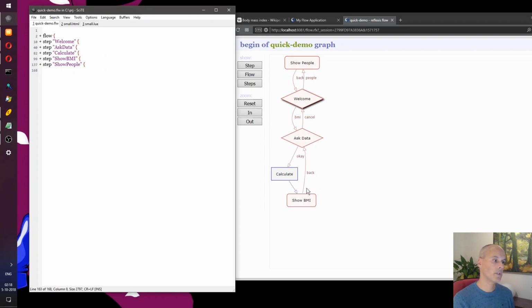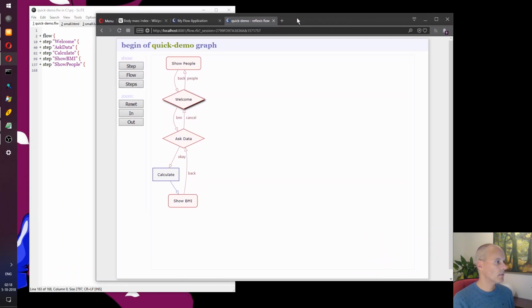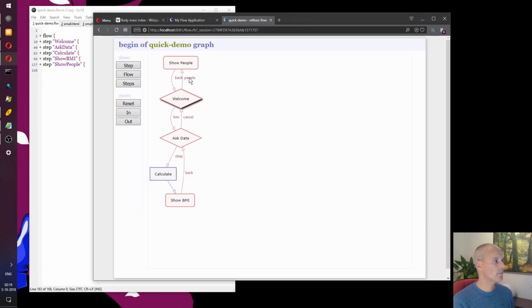And here you see that if the user presses the back button, initially it went back to the welcoming step. Now it goes back to the form step. So from this menu page, there was the asynchronous scenario that I demoed, which we call show people, which is here. And well, from this modeler,